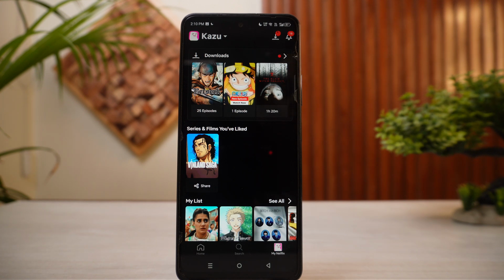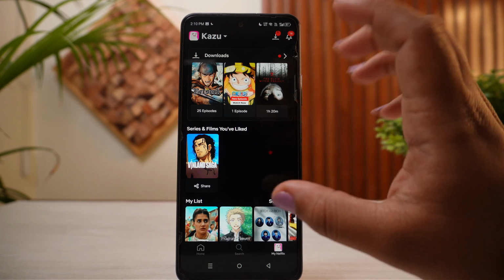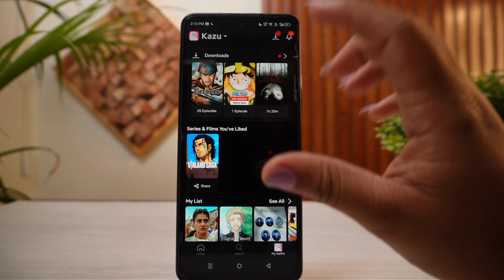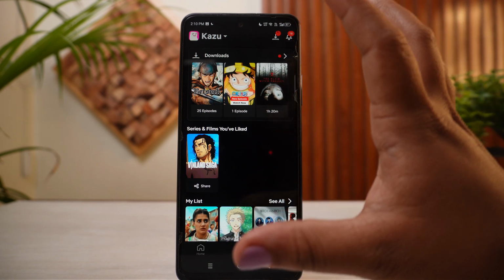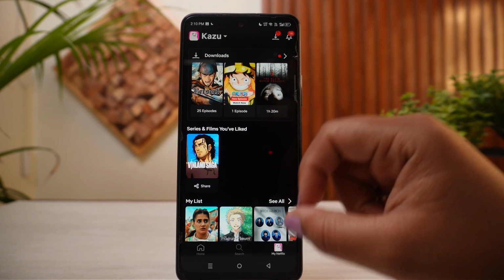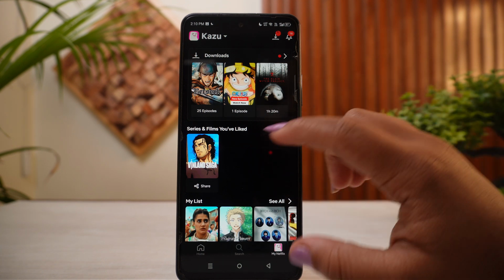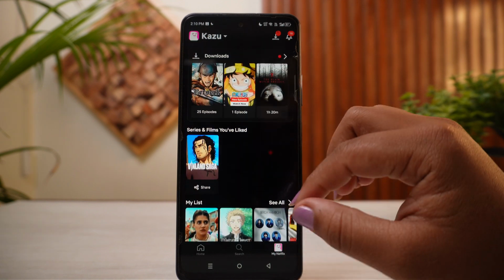How to download Netflix shows to watch offline. It's very easy. First of all, you need to get into your Netflix, log into your account, then simply open your desired profile, right? So after doing that, now in order to download Netflix, what we are going to do is simply browse through